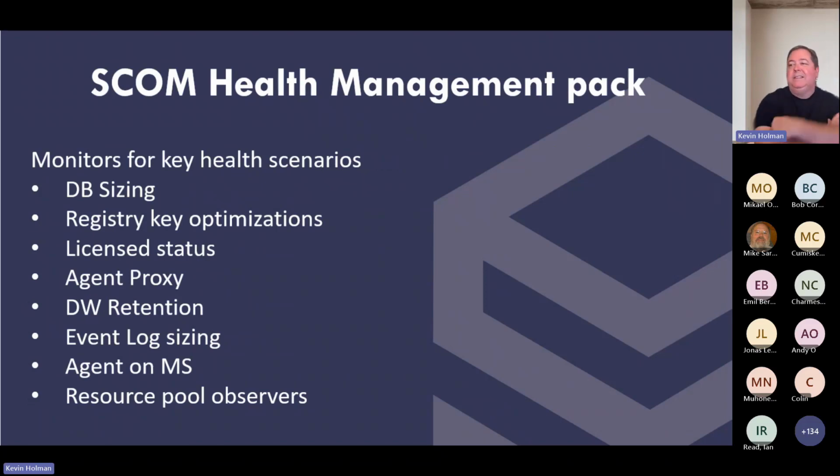And all of that leads us to the SCOM Health Management Pack. So I'm releasing this management pack today. You can go download it. It's on my GitHub. I'm still writing the blog post that describes it in great detail. But you can at least get it into a test environment and kick the tires and see what it bubbles